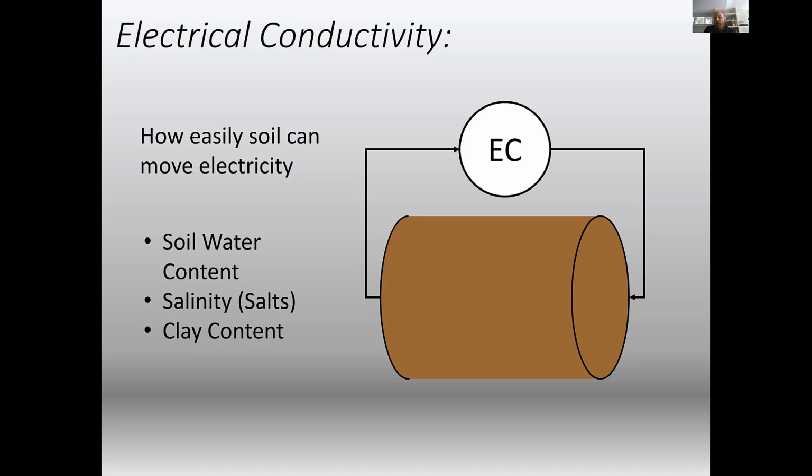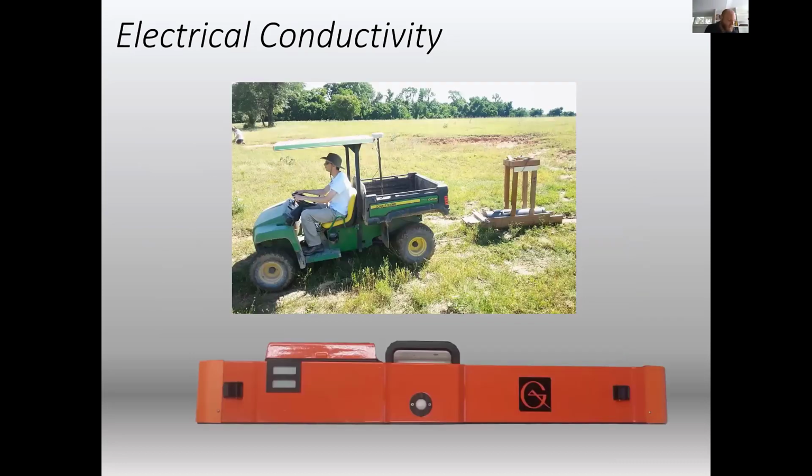So we can map this in various ways. Commercially, this is often done with an instrument called a Veris, which uses a set of coulters that actually drive a current through the soil. But in this case, we're mapping electrical conductivity with an electromagnetic induction sensor, which essentially is a non-contact way of measuring conductivity, similar to the way a metal detector works. So you can think about this as a fancy soil science metal detector. In practice, we just drag this instrument across the field, it measures the conductivity and the geolocation of the sensor, and then we can go in and interpolate an electrical conductivity map, and then use that map for our